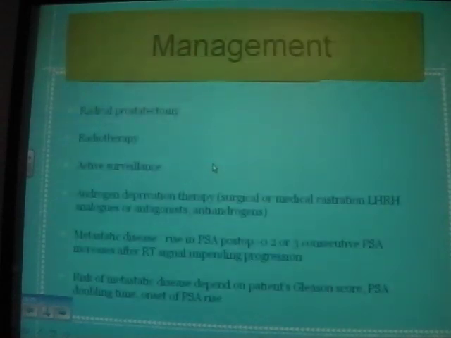So the management is, as I said, first line prostatectomy, radical most of the time, radiotherapy or active surveillance. Treatment decision is mostly based on the patient's age, the patient performance status, the extension of the disease, localized or metastatic. All three, prostatectomy, radiotherapy, and active surveillance, can be argued for, depending on the patient case. In a fit gentleman who has a life expectancy between another 10 to 20 years, you'll